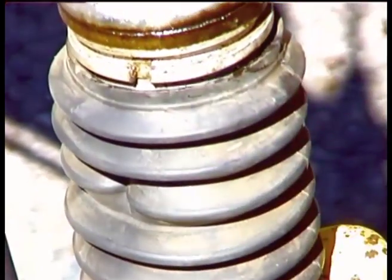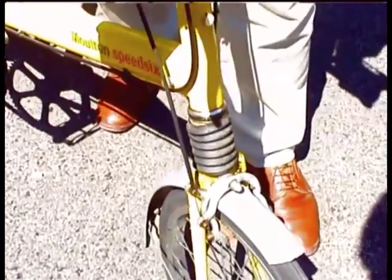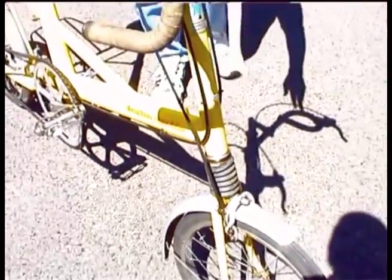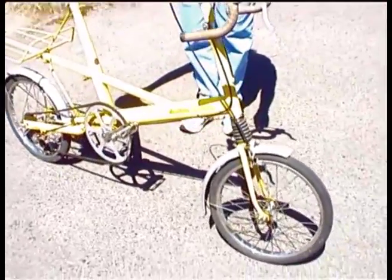Now Keith will clip that back up, put it into place, and we'll then demonstrate roughly the amount of travel you get on the thing. There you are. Quite a significant amount of cushioning. Now, as we pull back from this shot, we'll see that what we're looking at is the famous Moulton Speed